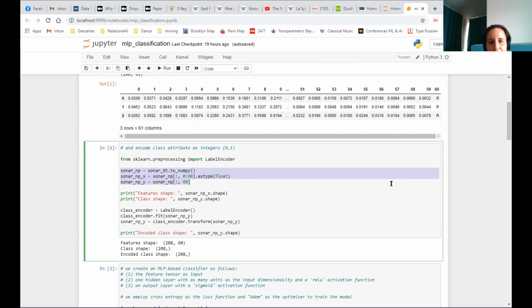Okay, and then the next part here is basically encoding the R to M